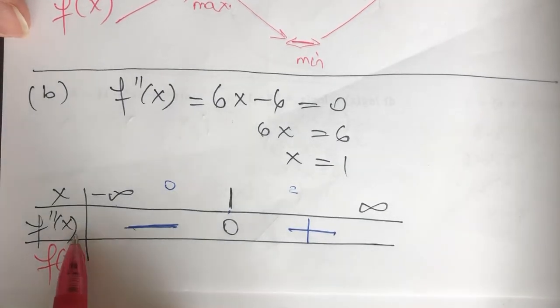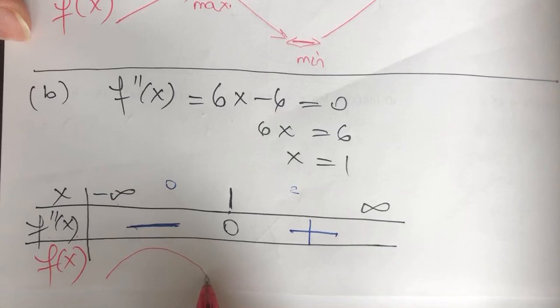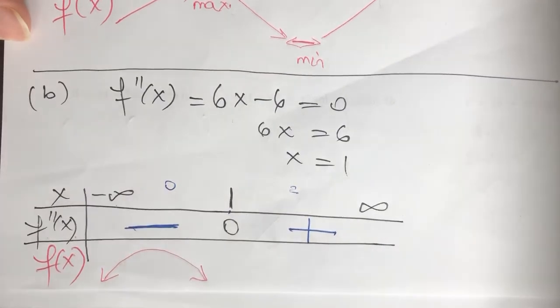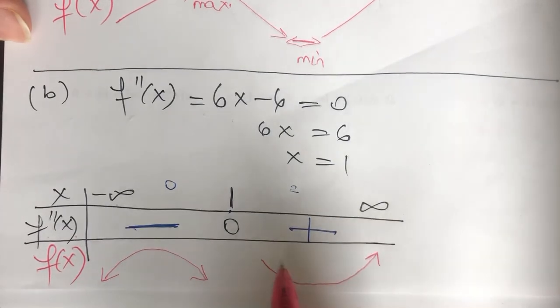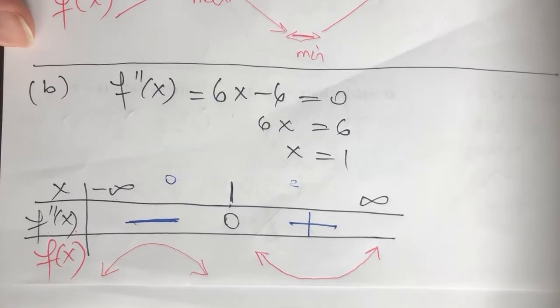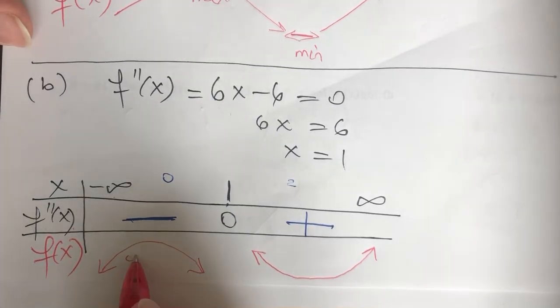Well, where the second derivative is negative, you get a sad face. It's a second derivative, right? So we're talking about concavity intervals. Okay, where the second derivative is positive, you get a happy face, right? So the graph is going to be concave up. So it's concave down